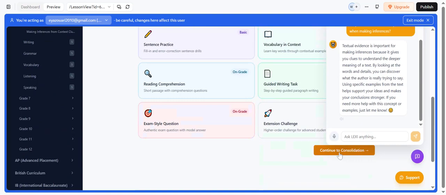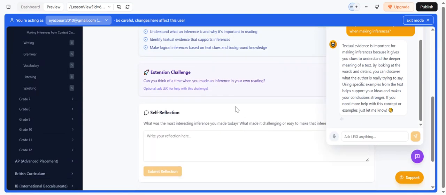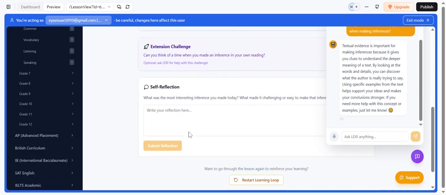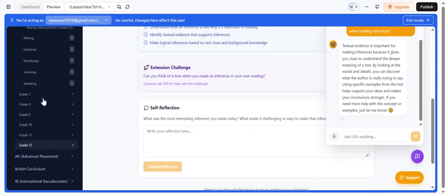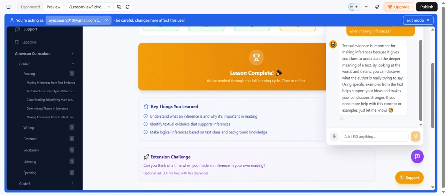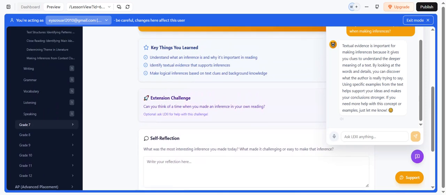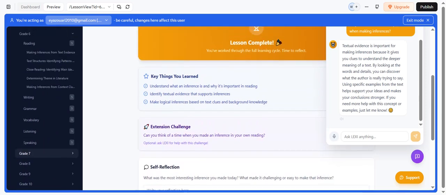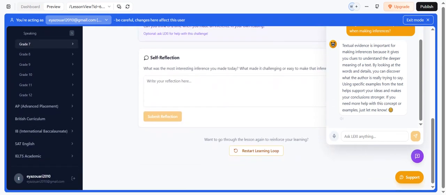When you finish, you have consolidation here, about the key things you learned, the extension challenge, and a self reflection. And this goes for all the lessons. Here we have American curriculum lessons from grade 6 to grade 12. We have reading lessons, writing lessons, grammar, vocab, listening, speaking, and all are aligned with the standards related to those